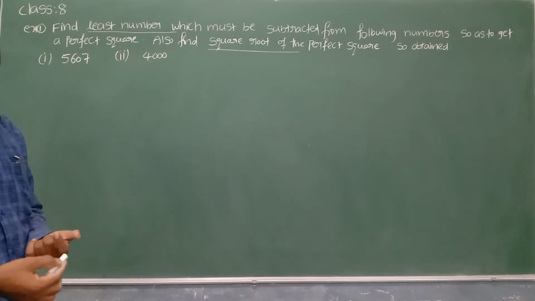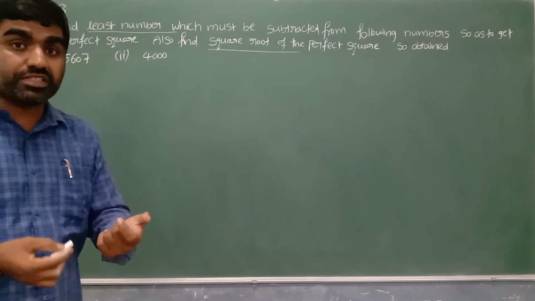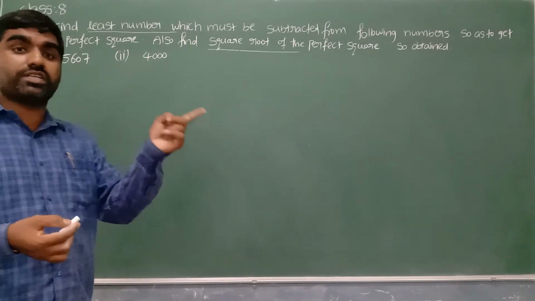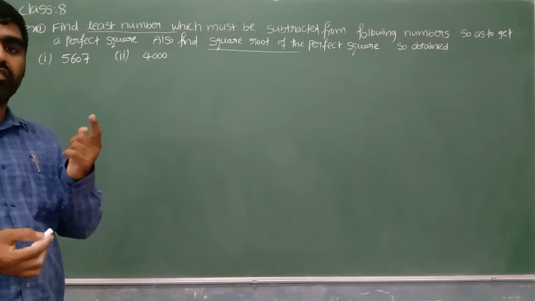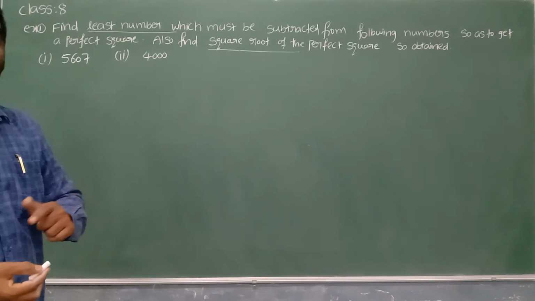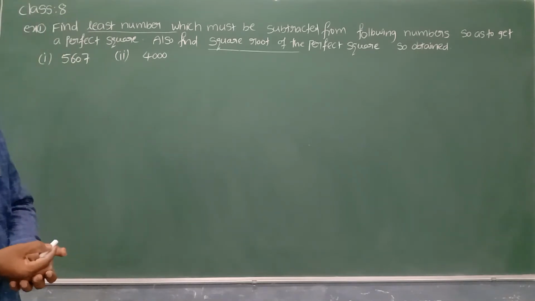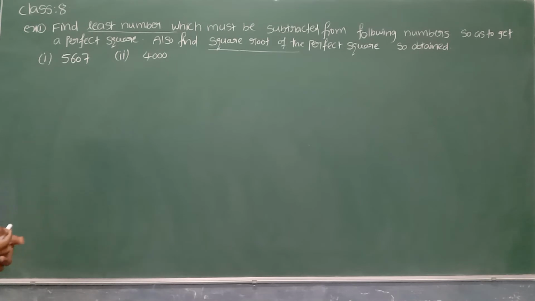In the previous exercise we observed which number we can multiply and which number we can divide. Where we can see this multiply and divide, which method? Prime factorization method. In the prime factorization method we wrote all the factors there. So when they are asking what number we can multiply or divide, in such a case we can go with prime factorization method. What number we can subtract or add, we follow long division method. Long division method is nothing but repeated subtraction. Because of that we are following this long division method.